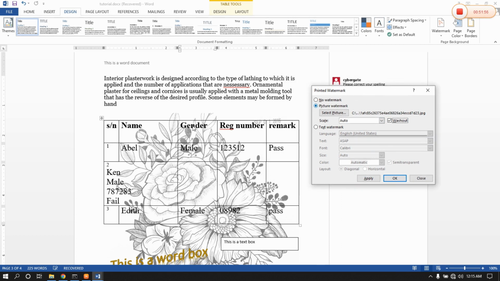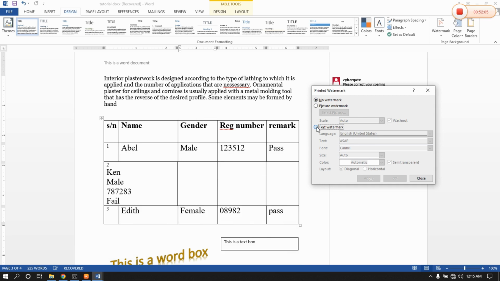And this watermark applies on all pages. I can scroll up and down. But I don't want to use this one. I will say no watermark, apply, and it will be gone. Now I want to use a text watermark. For the text watermark, I'll replace the text and say